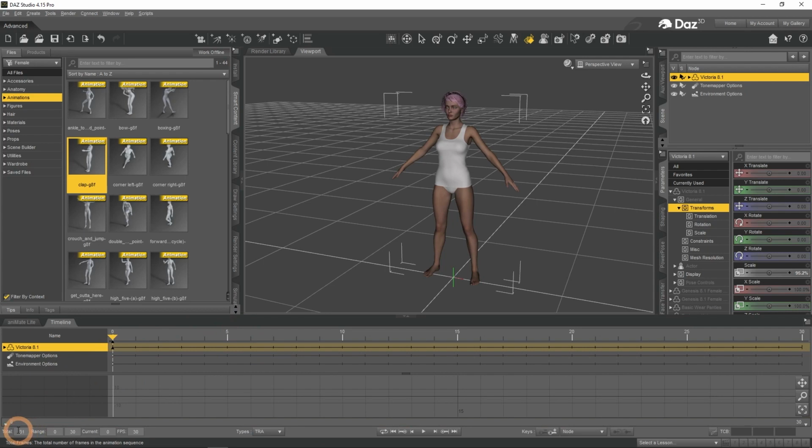Everything about frames is at the bottom left. Here we see the total amount of frames, their range, the current frame and how many frames per second our animation is going at. In the middle there are control buttons, similar to what we saw in Animate. Loop, skip to start and end, skip to previous and next keyframes and of course the play button. And even more to the right are the delete and add keyframe buttons.